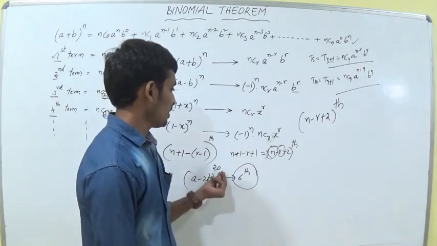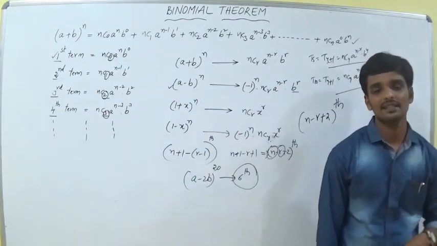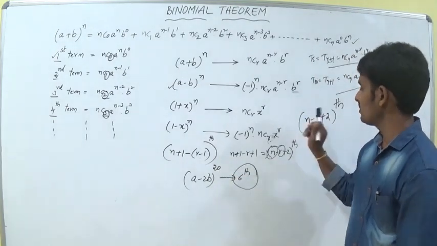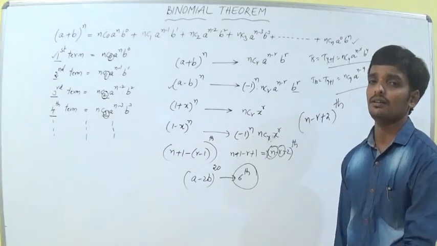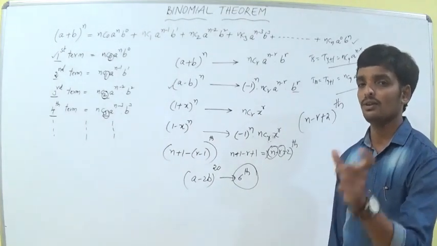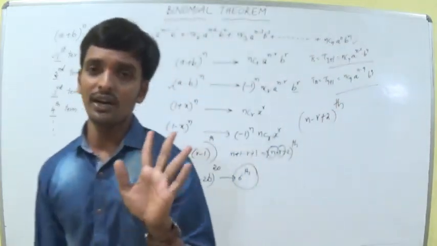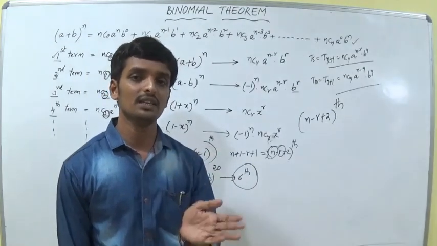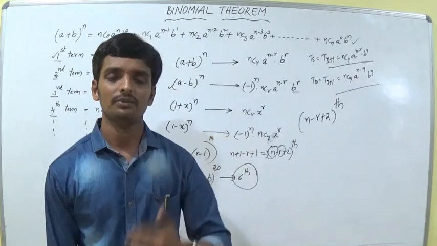That's why you use the formula n minus r plus 2. N is the number of terms, so here I have to take 20. For the rth term from the back, you take n minus r plus 2 and you get some value. For example, if you get 16, you can find T16. If you get 13, you can find T13. T13 means T12 plus 1, so write the general formula and you can find it.